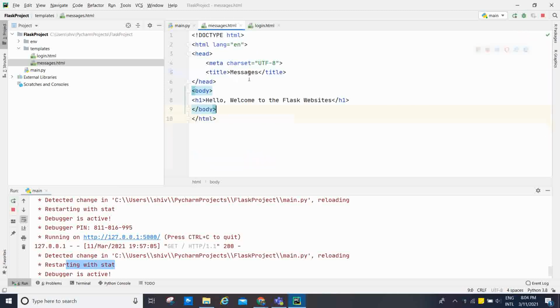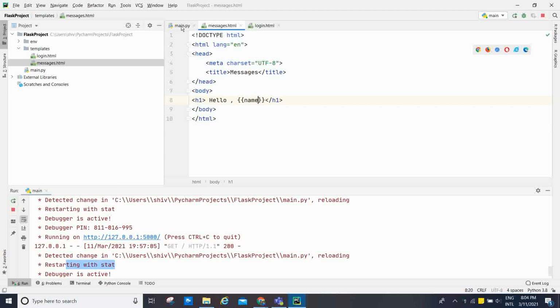Now I'm going to change the HTML file, the messages.html file. I'm going to remove this body and use h1 and hello, and then I'm going to show you double curly braces name. I will tell you how we are going to get this name also.